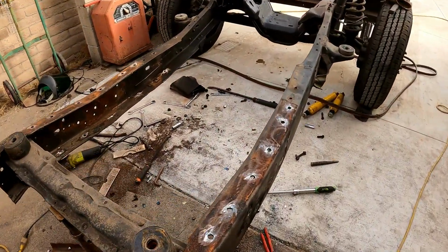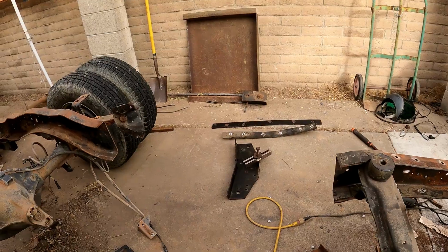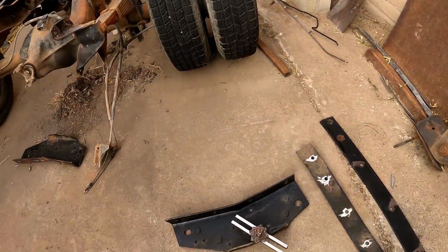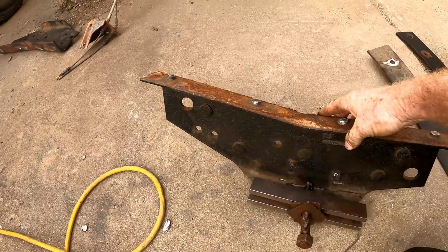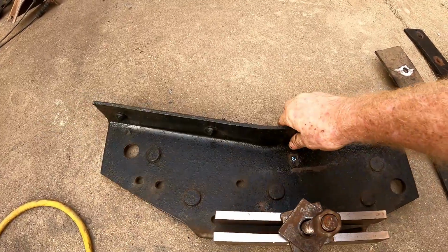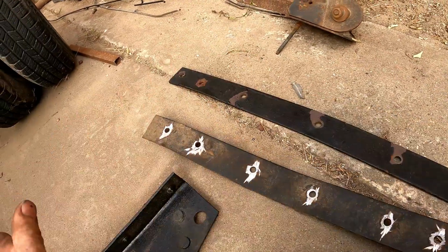I was going to show you guys a neat little trick I was using for getting the rivets off of here, because trying to use a torch to cut these rivets and pull these big plates off is just a disaster. Using a lot of gas. But here's these reinforcing plates inside the frame on the Ford. Similar bend to the Dodge, so I'm going to take these off. I'm going to reuse them on the Dodge. And then we've got the top plates that go on top of the frame, and bottom plates that go underneath the bottom of the frame,